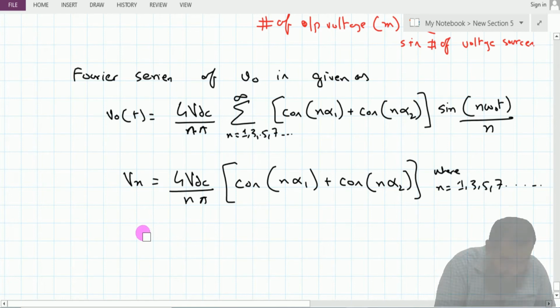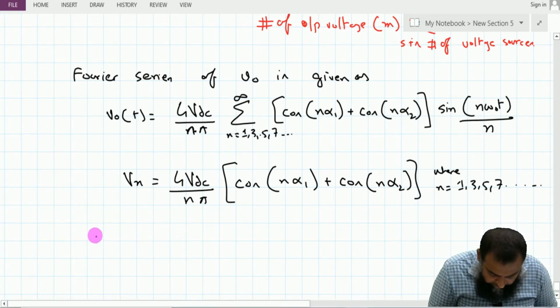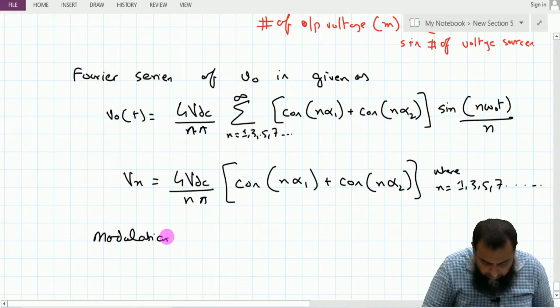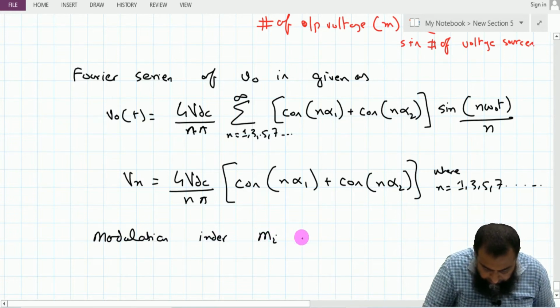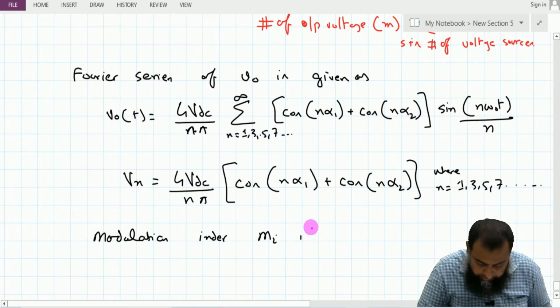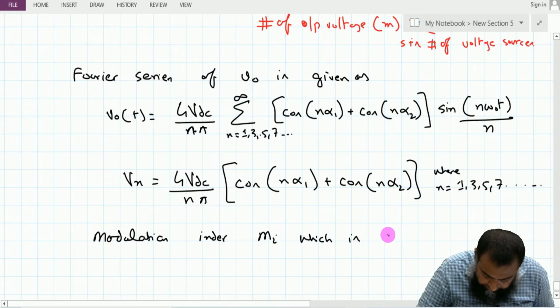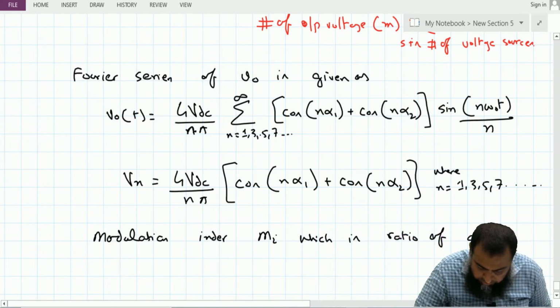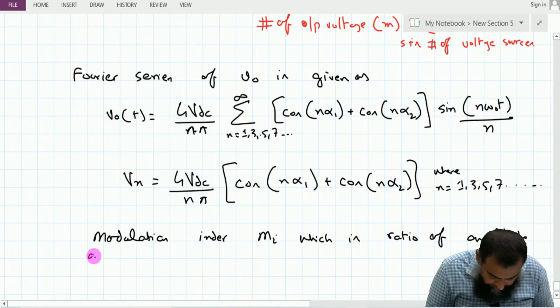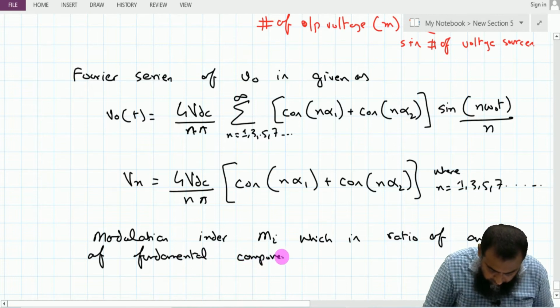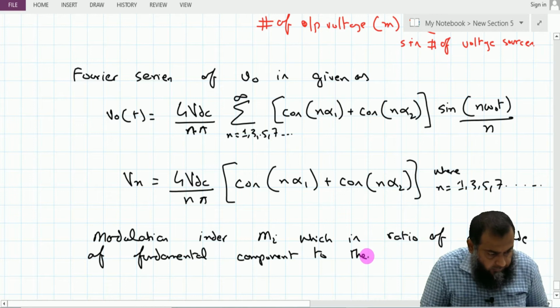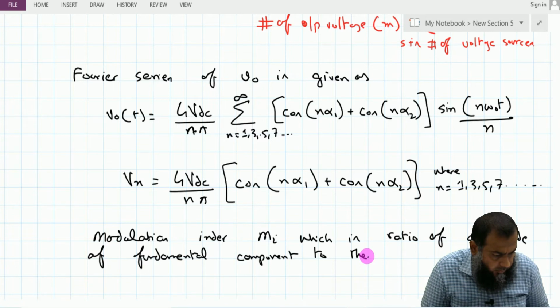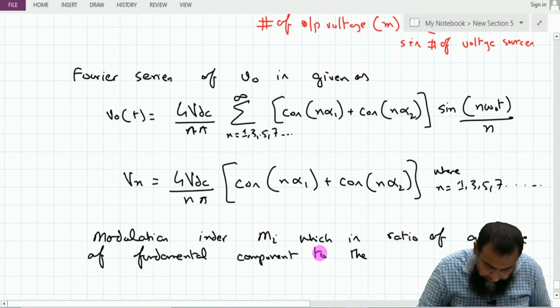But for that we first need to define an interesting thing, the modulation index Mi, which is the ratio of the amplitude of the fundamental component